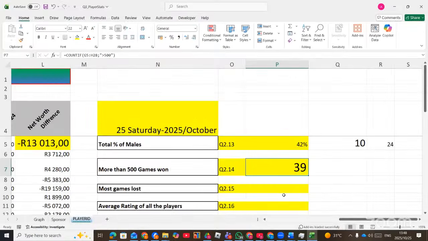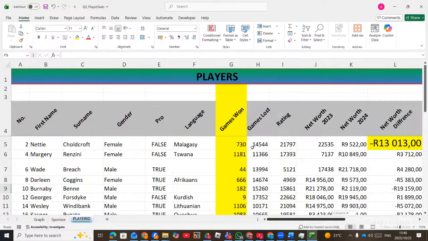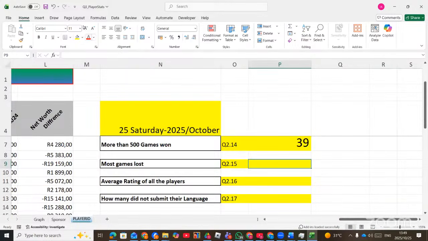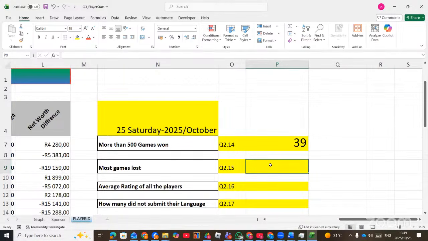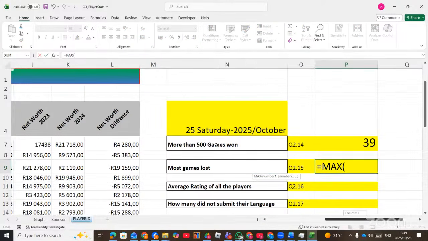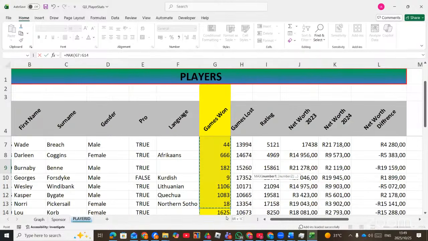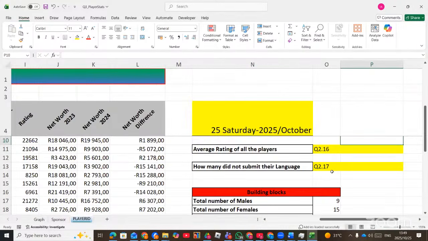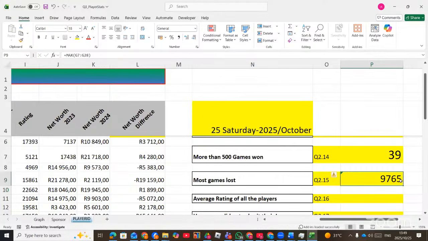So most games lost. Let's check. These are the games lost. So they won the highest. Now the most games lost, we are going to use the function called MAX, the highest. Equal sign MAX. Then you select games lost. And then you press enter. So the most games lost is